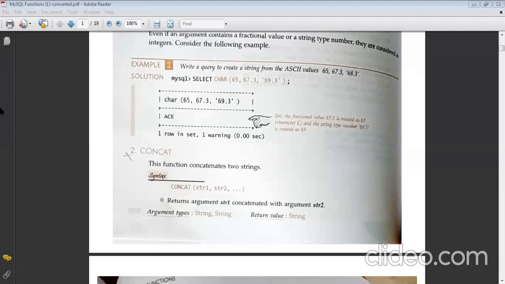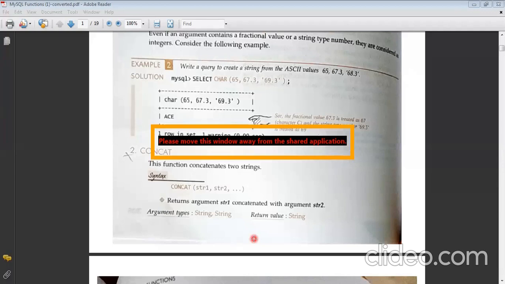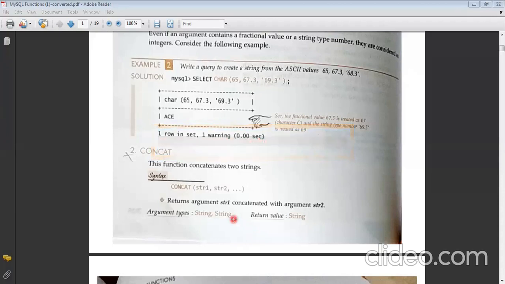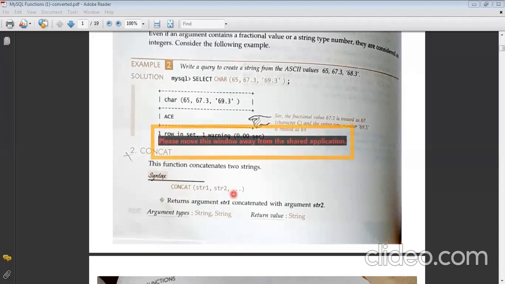Yeah, sorry. So, talking about the concat function, this function concatenates two strings. If numbers are given like 14 and 18, they should be in the form of strings only, because the inputs are taken like this. And if you're passing two column names that have integer values, then they will not sum up, but will just be joined. If 14 and 18 are there, it would be 1418. It will not be 14 plus 18.